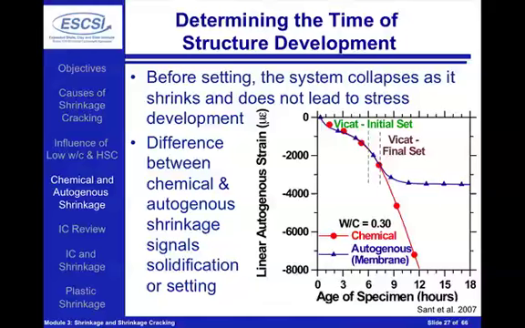So at our earliest ages, we can see that the chemical and the autogenous shrinkage are very, very compatible. It's at the time where the system starts to solidify. So once we start to go through setting or solidification, all of a sudden the chemical shrinkage continues to take place because we're having reaction, but the overall volume change of the system really starts to slow down because the cement particles start to impinge on one another. They can't continue to just keep collapsing, and all of a sudden now we're going to start to build up